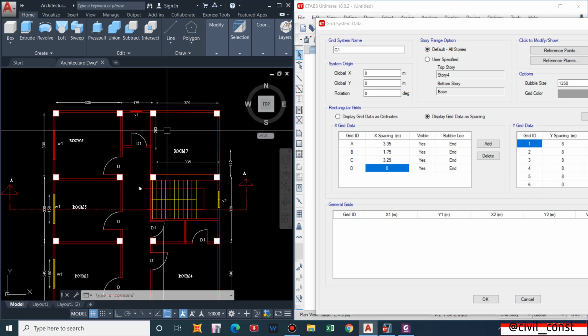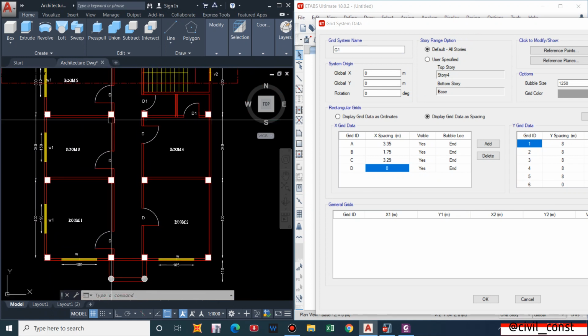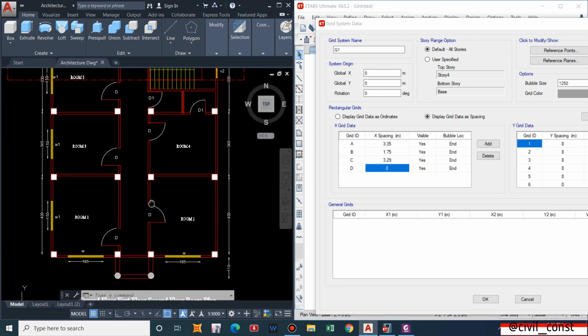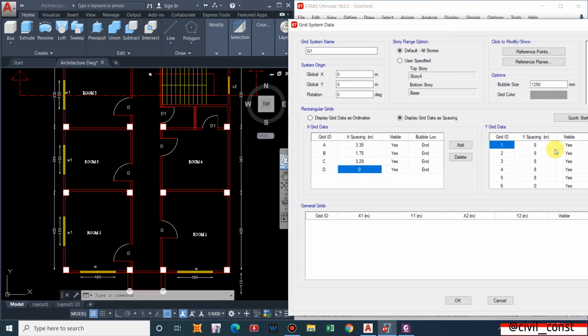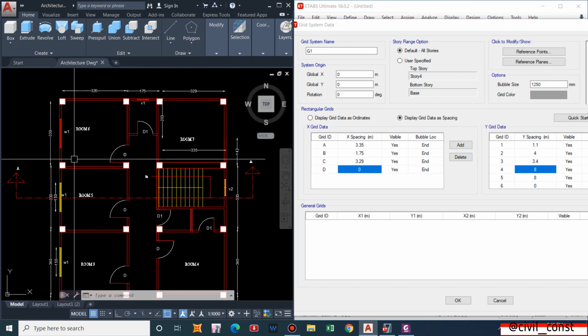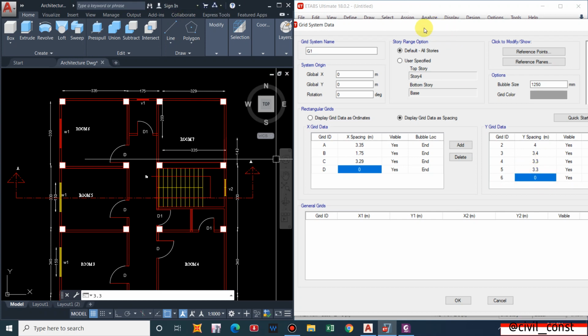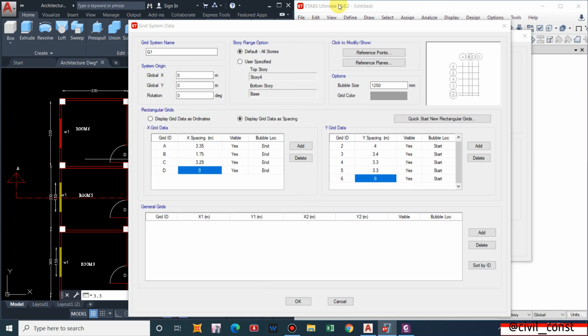Similarly along the y-axis: 1.1, 1.1, 4 meter, 3.4, and 3.3, 3.3, 3.3, 3.3, and the final will be 0. So that is our basic concept.